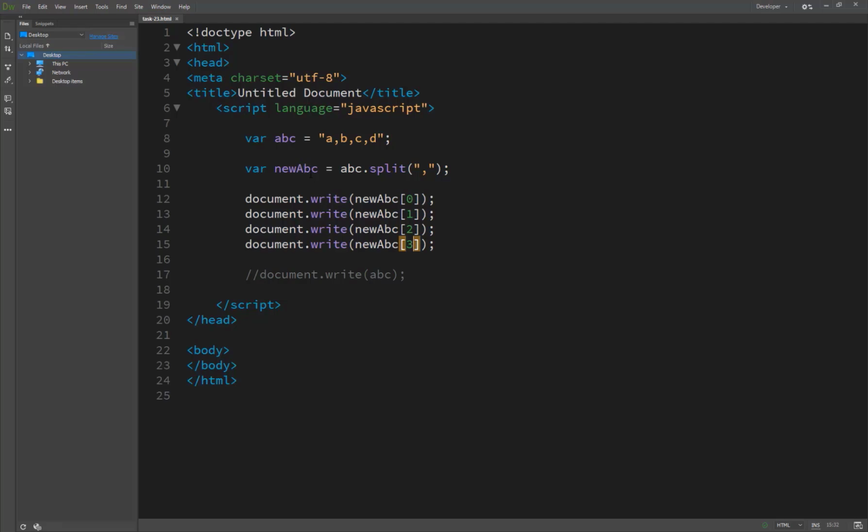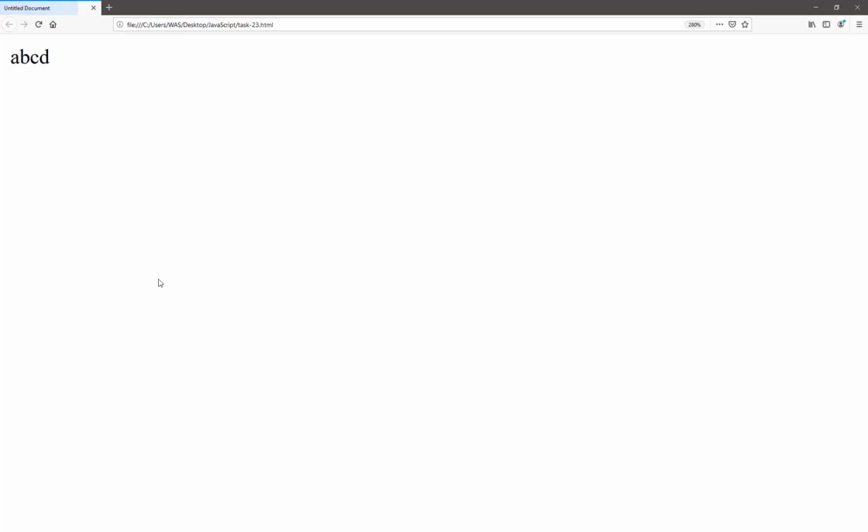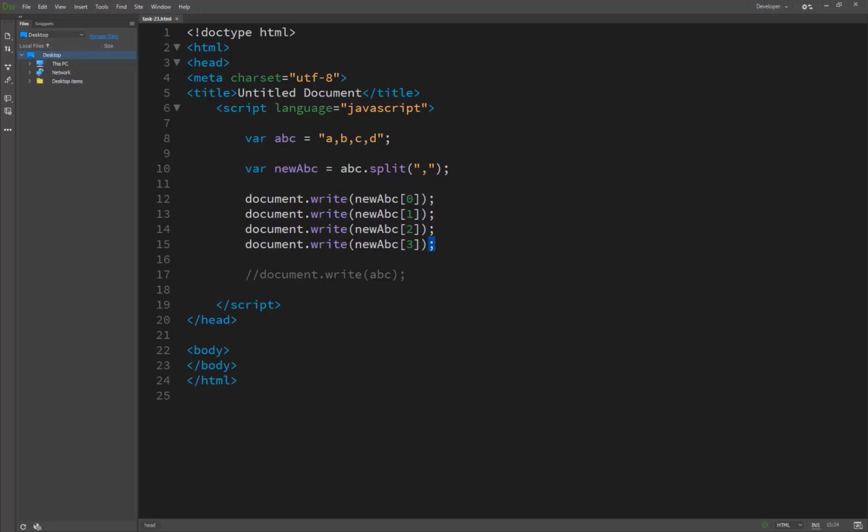So this is a string array, and now you can see the results here. And if I delete or comment this one out, you can see these are all substrings basically in a single value, but we are splitting here by separating at the comma, and these are now the substrings. That's why they are printed on our screen by using the indexes.